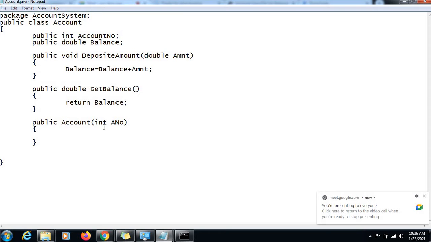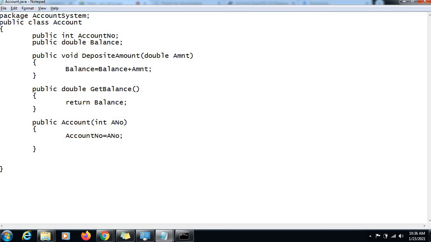So there is only one parameter here, and the value which would be sent, we are going to store that in our this instance variable. So account number equal to ANO.